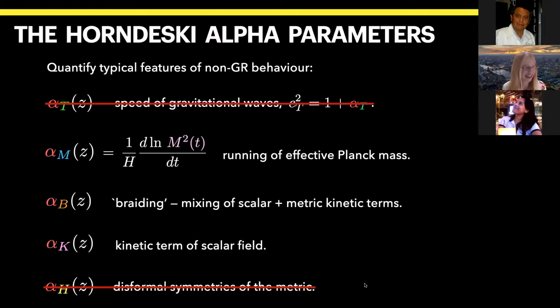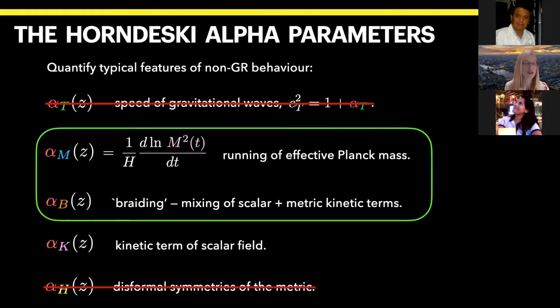And we start asking ourselves then, well, maybe we can actually complete this job. Maybe we can test the remaining 3 parameters. And as I say, either we find something or we've ruled out all of Horndeski gravity. And what I want to do in the remainder of my time is talk a bit more about the future and methods that are proposed for bounding these 2 parameters, which are the ones I asked you to save for later. You'll notice that today I am not going to talk about alpha_K,